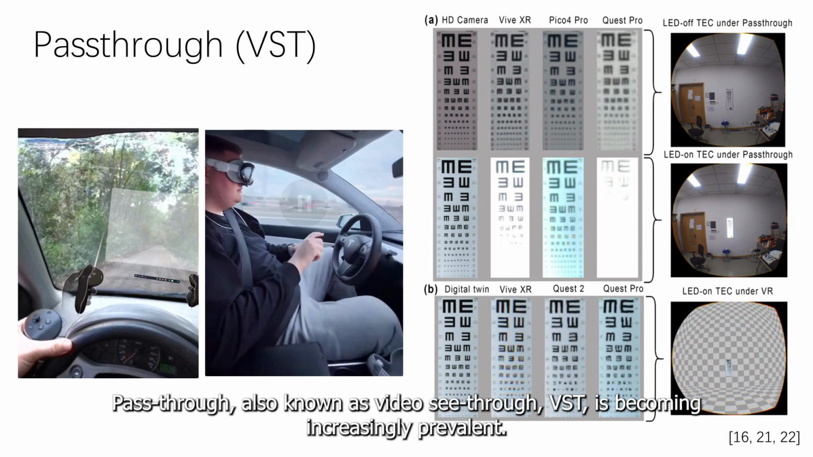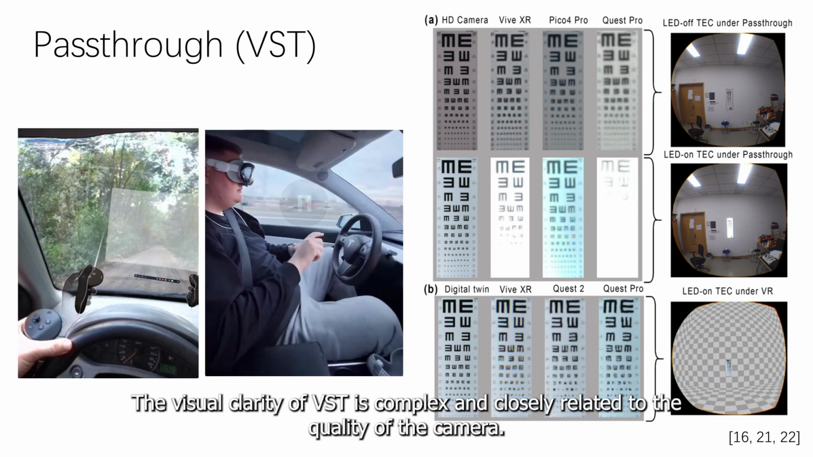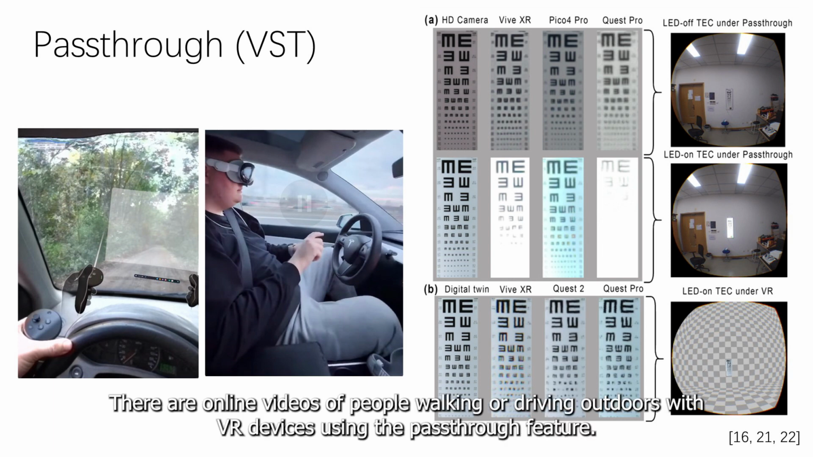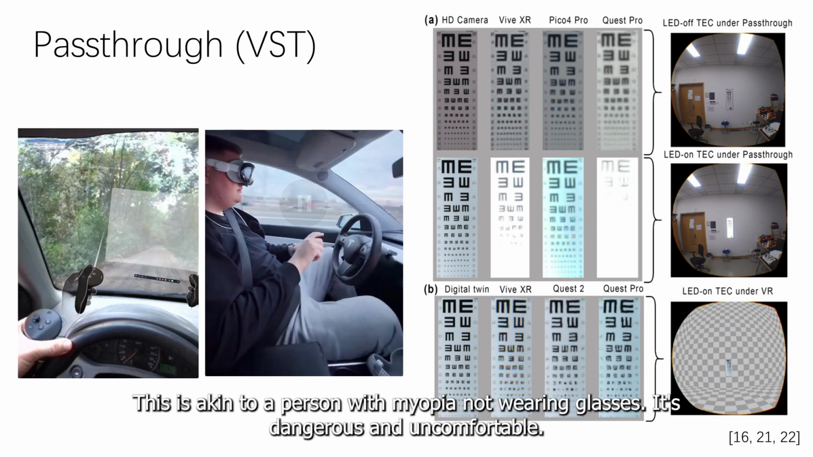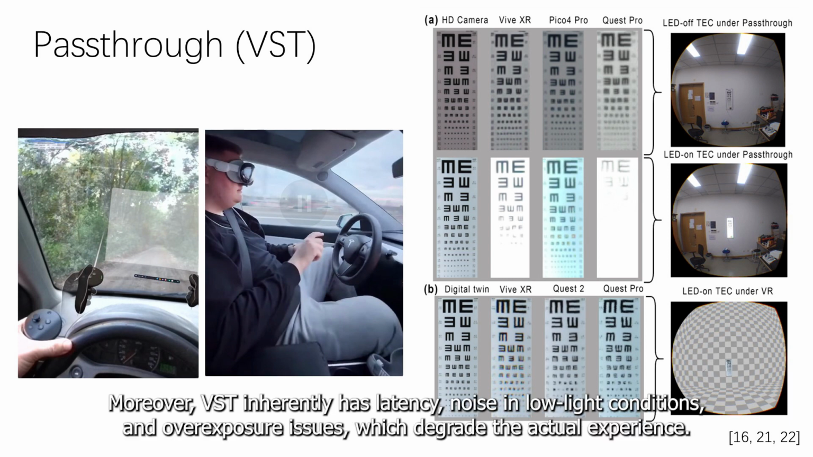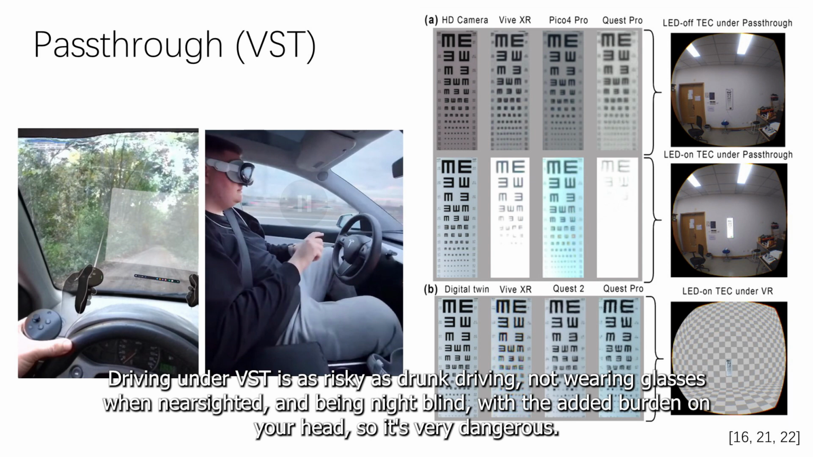Pass-through, also known as video see-through, VST, is becoming increasingly prevalent. The visual clarity of VST is complex and closely related to the quality of the camera. There are online videos of people walking or driving outdoors with VR devices using the pass-through feature. This is akin to a person with myopia not wearing glasses. It's dangerous and uncomfortable. Moreover, VST inherently has latency, noise in low-light conditions, and overexposure issues, which degrade the actual experience. Driving under VST is as risky as drunk driving, not wearing glasses when nearsighted, and being night blind, with the added burden on your head,